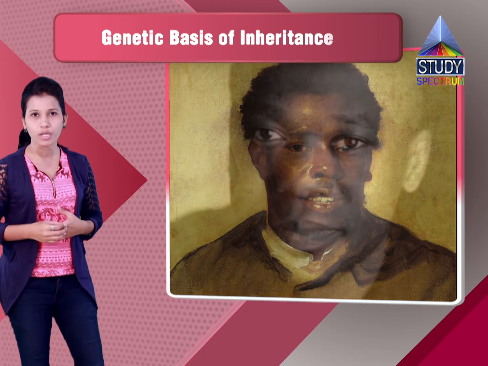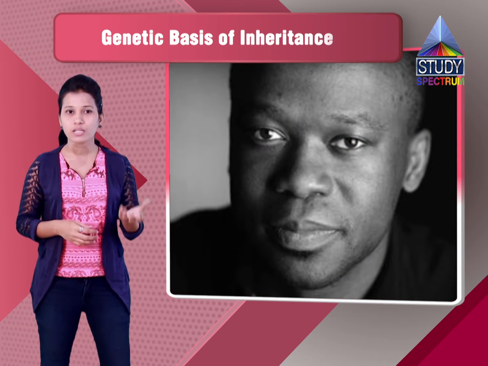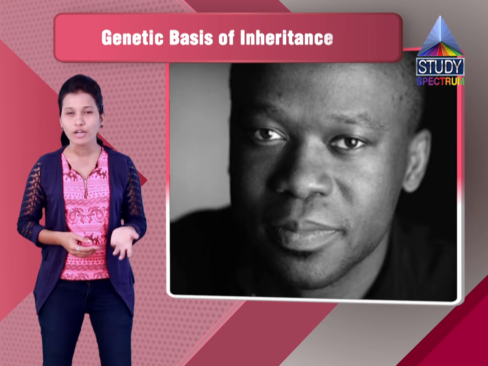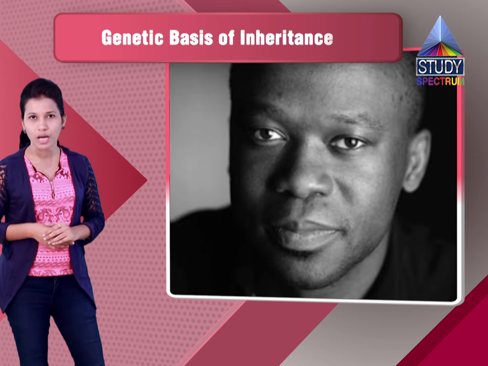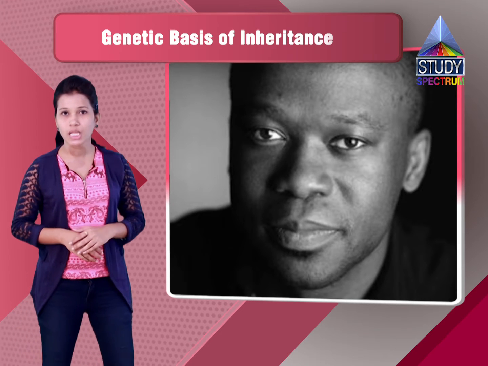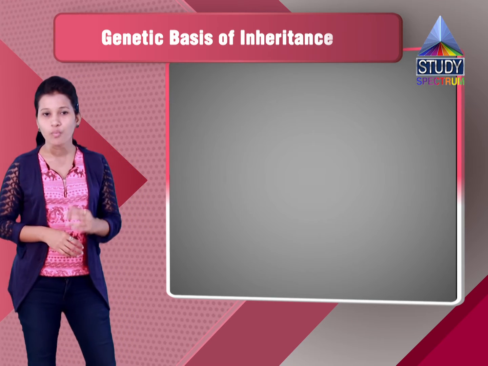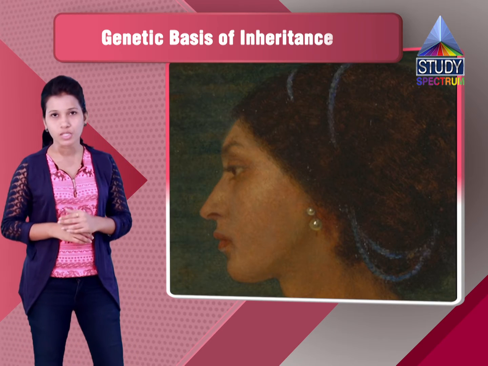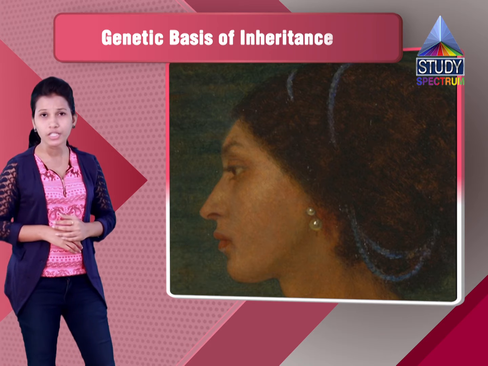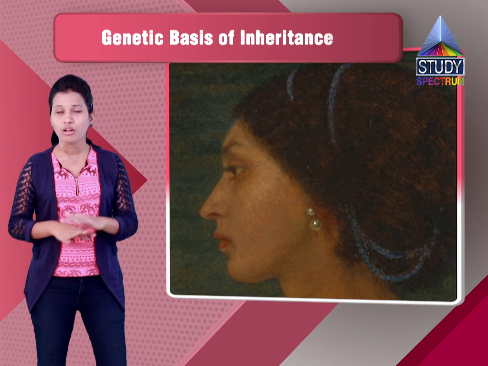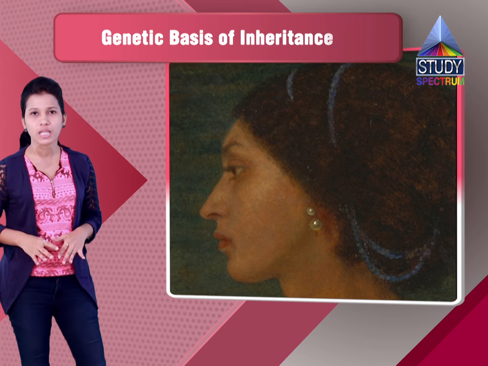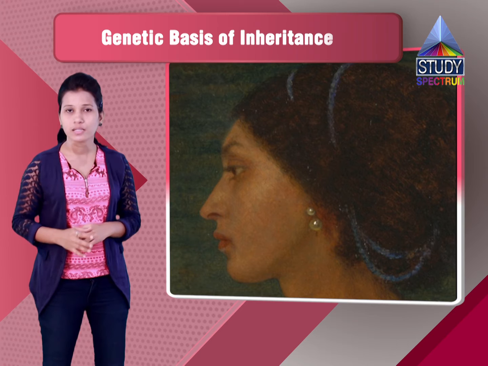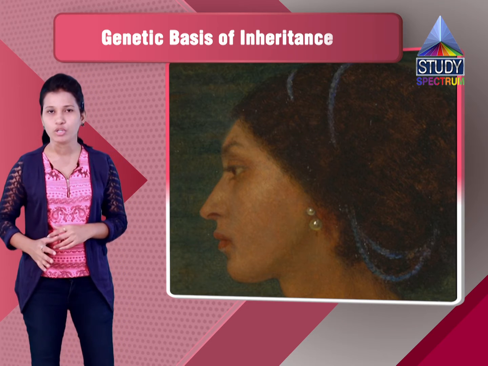When you count the genotypic ratio, when all 6 dominant genes are there, that person will be pure black. When 5 dominant genes are there, that person will be very dark brown. When 4 dominant genes are there, the person will be dark brown. When there are 3 dominant genes, then there will be mulatto, and with 2 dominant genes, the person will be fair. With 1 dominant gene, the person will be very fair, and when none of the dominant genes is there, all 6 genes are recessive, and that person will be called the albino person.